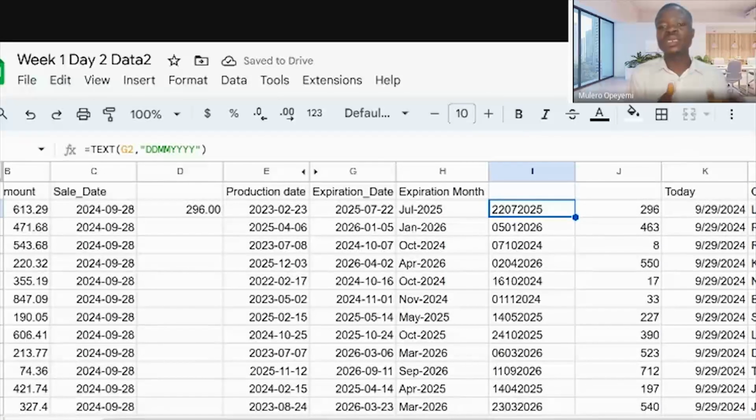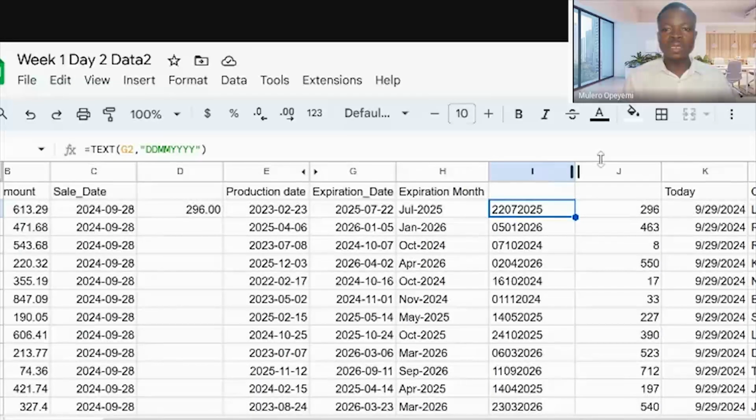Now, aside from using this TEXT function, there is another way, because when you begin to work with a large data set, it can become cumbersome, really cumbersome, I can tell you. So that's why you need to have a wealth of resources that you can manipulate to get the kind of result that you want. There's another way we can get the same result by using the functions we call LEFT, RIGHT, MID, and CONCATENATE. In a moment, we look at those four: LEFT, RIGHT, MID, and CONCATENATE.